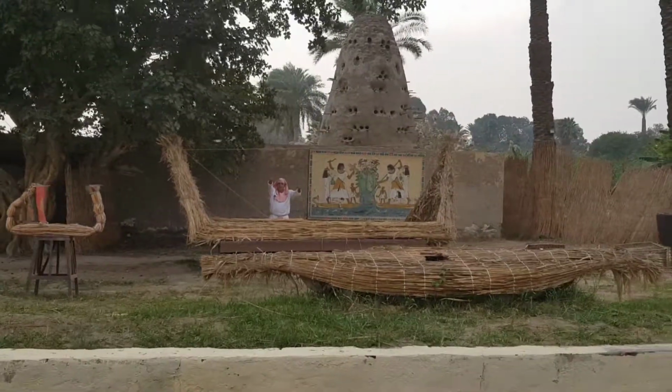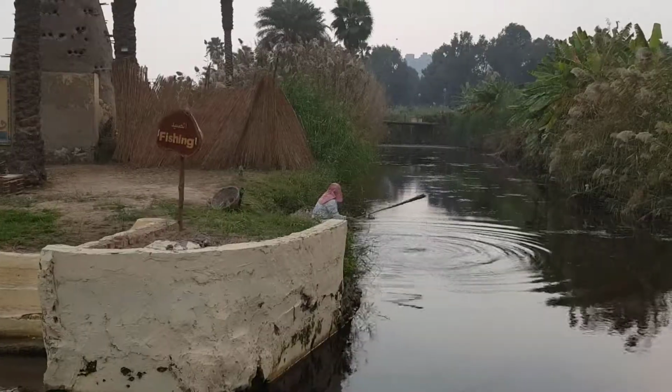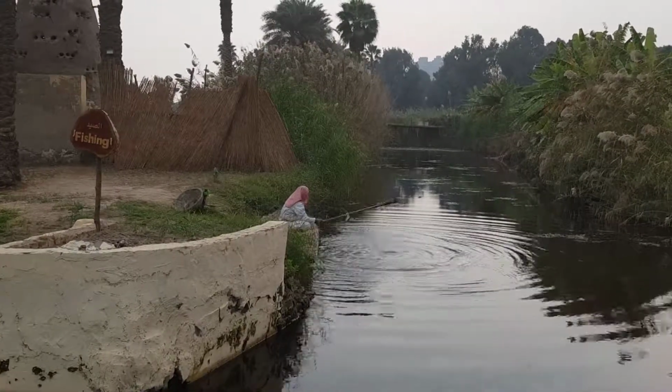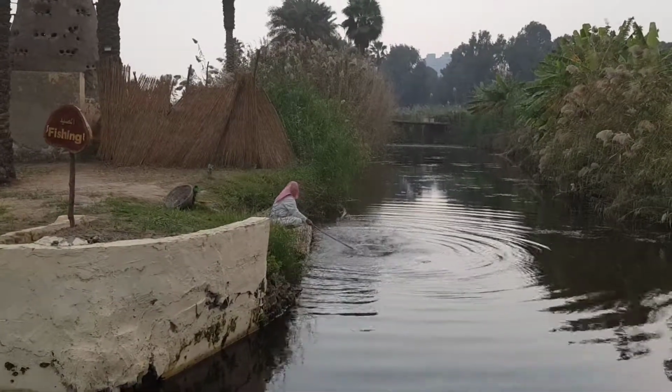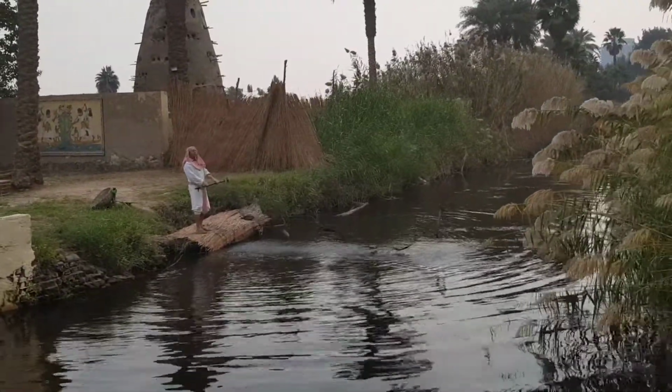Boats of this type can be seen in the museum beside the Great Pyramid of King Cheops at Giza, storage and as cages for small animals and birds. The Egyptians today still use the various parts of the palm tree for the to frighten the fish into the net. Let's see if he